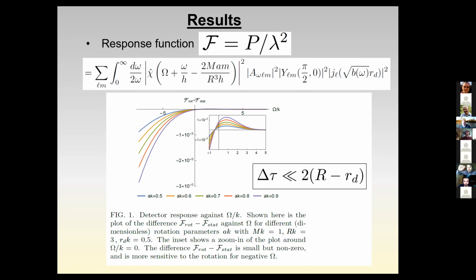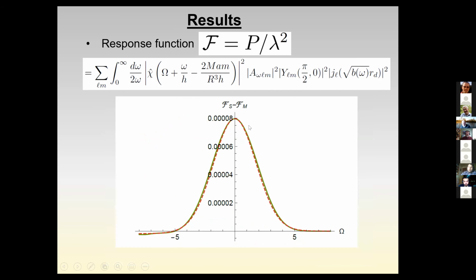So already the detector is switched on for a much shorter time than it takes for a classical signal to travel to the detector and back. So now you see, the difference is of the order 10 to minus 5 for the negative values of omega, and of the order 10 to minus 7 for the positive values of omega. So now this is interesting to compare to how the static detector with respect to the Minkowski vacuum would look like, and you see that this is also of the order 10 to minus 5. So in other words, the effect for positive omega is approximately 100 times smaller, detecting the rotation of the shell than